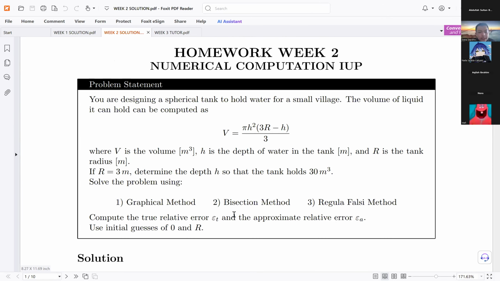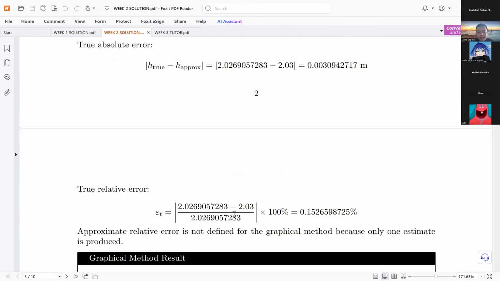Okay, first we check the signs of the function at the endpoints. So f(0) is negative 30, and f(3) is 26. Since f(0) times f(3) is less than 0, because this is negative and this is positive, a root exists